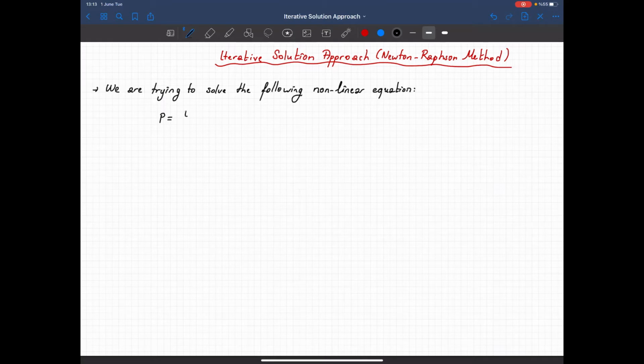P is equal to EA over L cubed, Z square W plus 3 over 2 Z W square plus 1 over 2 W cubed, plus the spring stiffness multiplied with the vertical displacement. And as you can see, the dependent variable is W, and it's nonlinear. We have a cubic polynomial here, and we want to solve that equation by using an iterative approach. So in order to do that, let's define